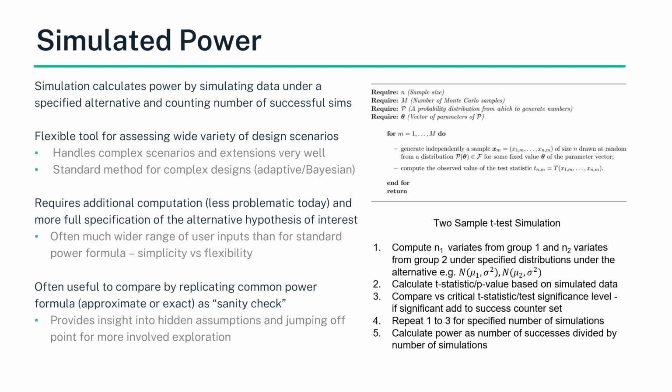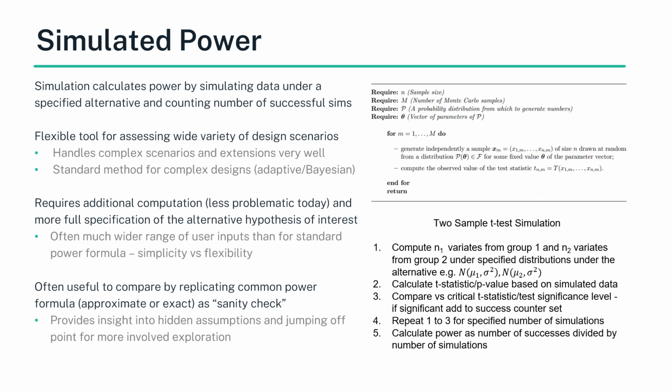Because you're having to specify, you have a huge amount of control over basically everything. So in simulation, we're going to specify what we think is going to happen under the alternative, all of the things. We're going to simulate data under that specified alternative, so simulate actual subjects from the distribution we think is going to be true under the alternative, and then we run directly through our statistical procedure, get a significant p-value or not,